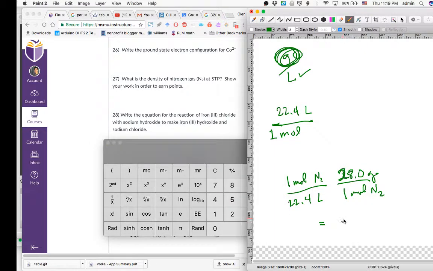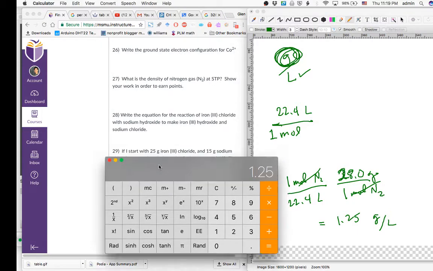1.25. Three significant figures, folks. The 1.25 moles cancel, so it's grams per liter. Grams per liter. That's it. That's how you do 27. 28. Okay,